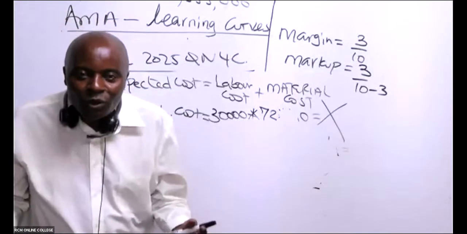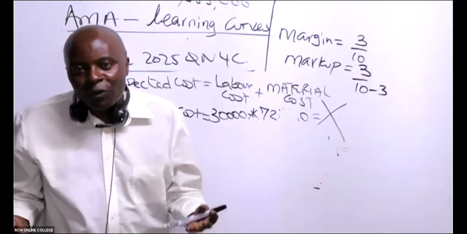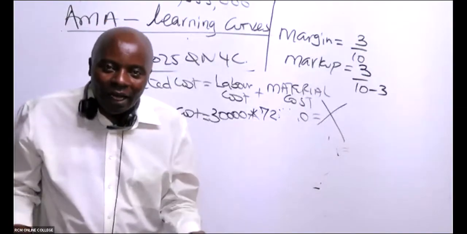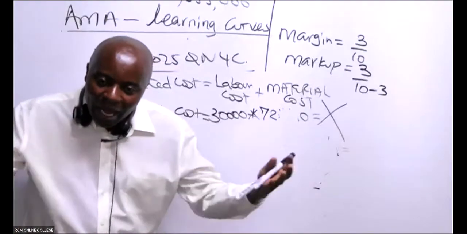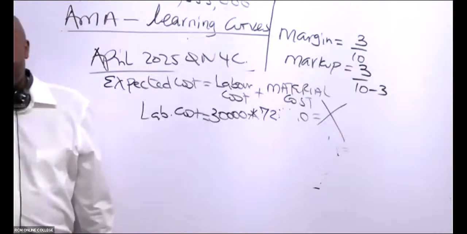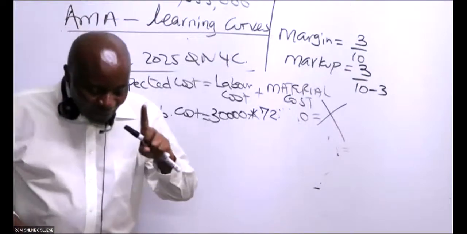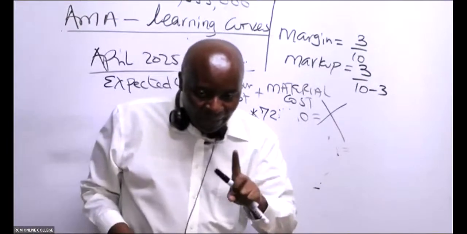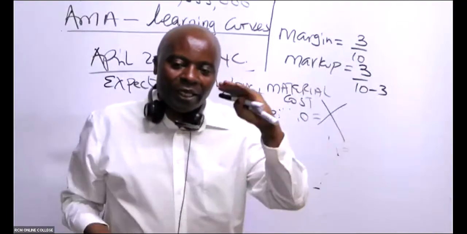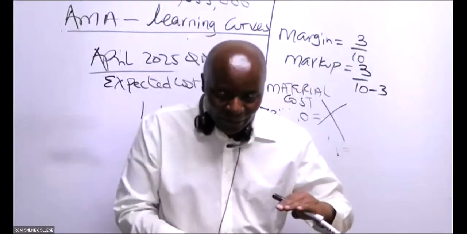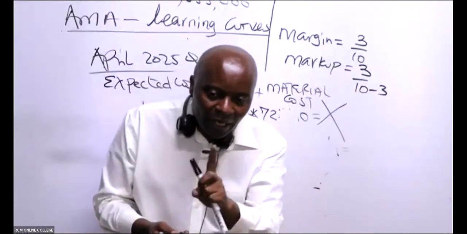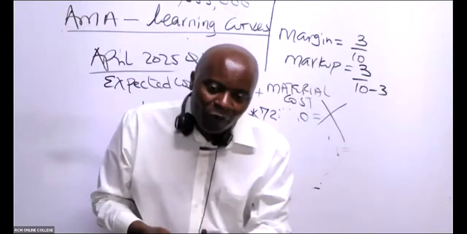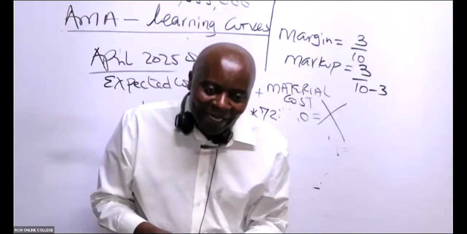So I expected you graduate students to tell me that Mwalimu, for these 110 cars, use the learning curve equation to estimate labor cost. Because you see, if you are a worker, the very first chair that you produce, if you're a carpenter, will take you relatively a longer time. When you go to chair number 2, you reduce. So for labor cost, we shall always use what here, somebody? Learning curve equation. So can I give you 5 minutes to try to use the learning curve to estimate that labor cost?